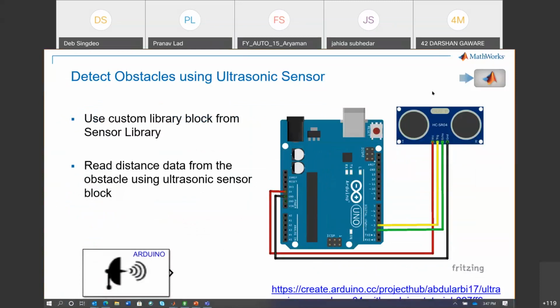Okay. So thanks, Pranav. That was very interesting, right? What Pranav showed in the last demo was that we are not only reading values from the environment, we are not just sensing the environment, we are also acting upon the data that we are sensing. In the last case, we were sensing the environment using this particular ultrasonic sensor, but we were also reacting by changing the LED and blinking it depending upon certain conditions.